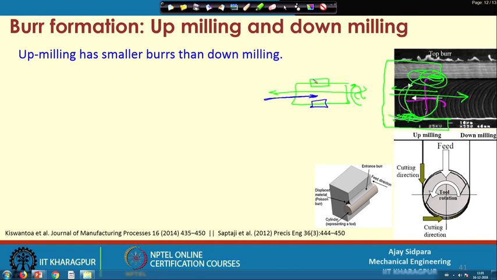When this happens, it will remove these burrs and you will get less burr formation. The only thing is that your operation time will be double, because you are doing effective cutting in one direction, and in the next pass on the same channel you are doing burr removal only, or rather, reducing the burr formation. So, that is what is happening in this case. There are other strategies also, and we will discuss these things as we go ahead in this course.